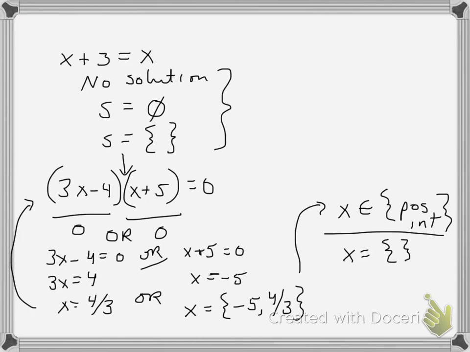If I said the domain is x is an element of the integers, which solutions work? Only the first one. So x equals negative 5. So we do have to tie our solution to our domain. Typically, in your Algebra 1 you worked in last year, if you were with me, we always assumed the domain was the set of real numbers. But now he's going to ask you to be more analytical and confine your answers to the domain that he gives you. This is a domain,